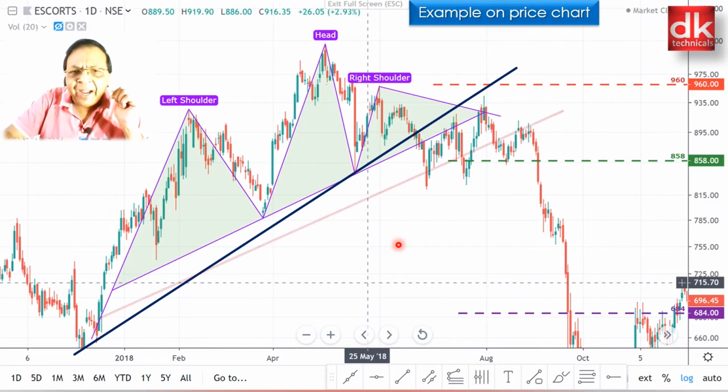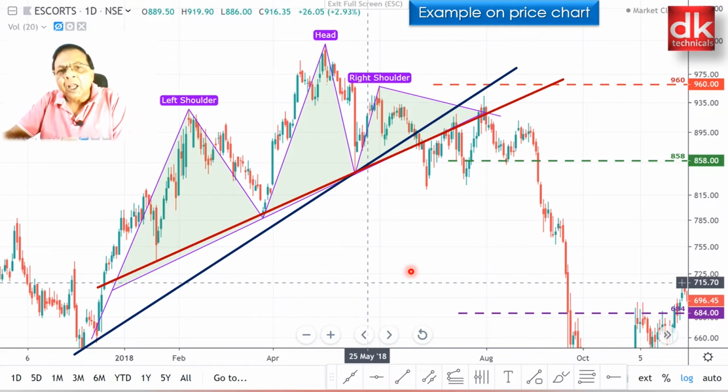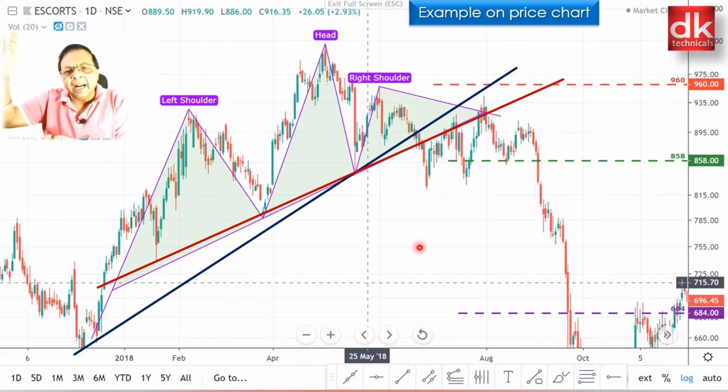And if I draw another trend line, price has taken support here, price has taken support here, price has taken support here, and then price broke down of this trend line, pulled back, and now this trend line which was acting as a support is now acting as a resistance, where we can see whenever the price reaches the trend line, there is price rejection, selling pressure came in there, and the price started moving down.